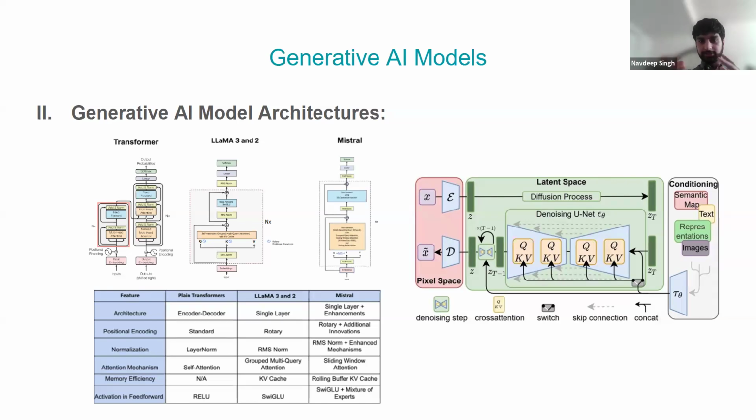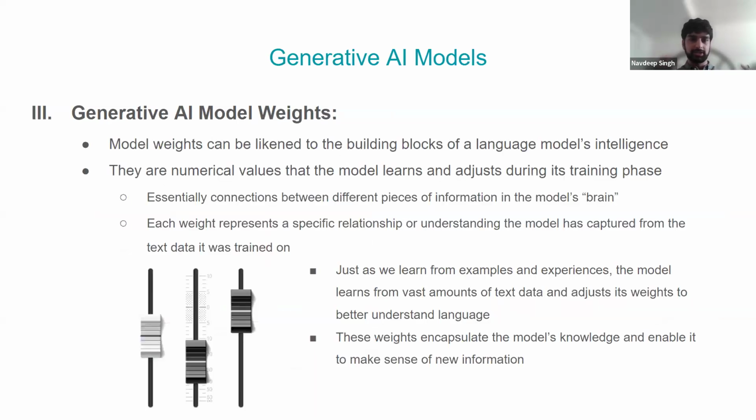But like I said, this is the human body, right? It's kind of like the skeleton, but the real intelligence for these models comes from their weights. And these weights are pretty much just numbers. They're vectors, they're matrices that the model learns and adjusts during its training phase, right? So it's pretty much the model's brain. This is where all the information comes from. And each weight represents a specific relationship or understanding that the model has captured from the data that it was